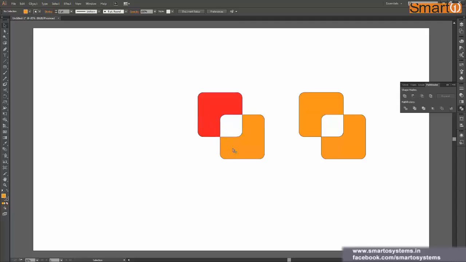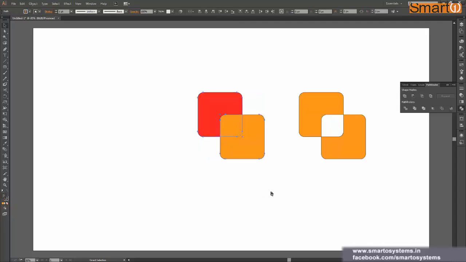Now there's one more good thing that we have just seen: while using the exclude operation from Pathfinder, I have this color change in all my objects. It actually recolors all your objects which are selected for the operation. But here you can see that I have this color as it is, like it was before. So you may find it helpful at times where you have too many shapes and you don't want to color them again and again. If you use Pathfinder, then it will recolor all your shapes. Instead of that, you can just use your Shape Builder tool, and you don't have to go through all the shapes recoloring them.